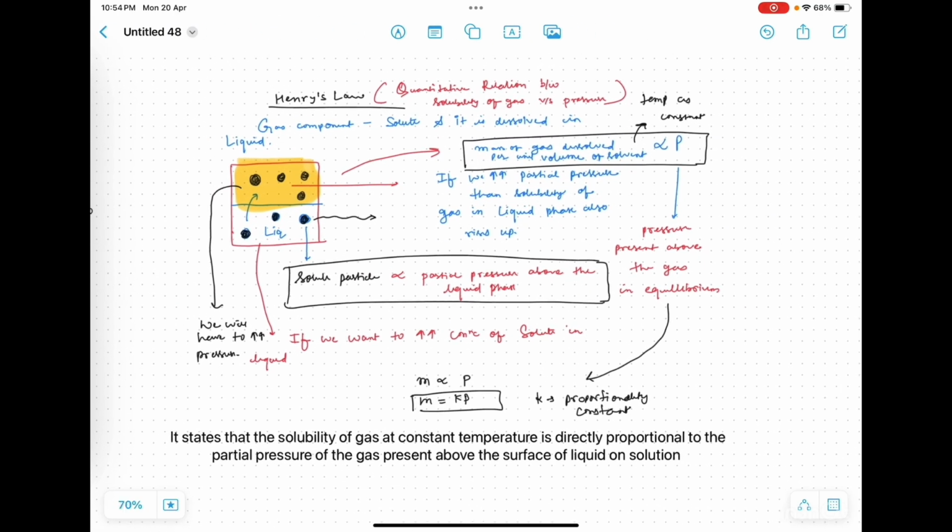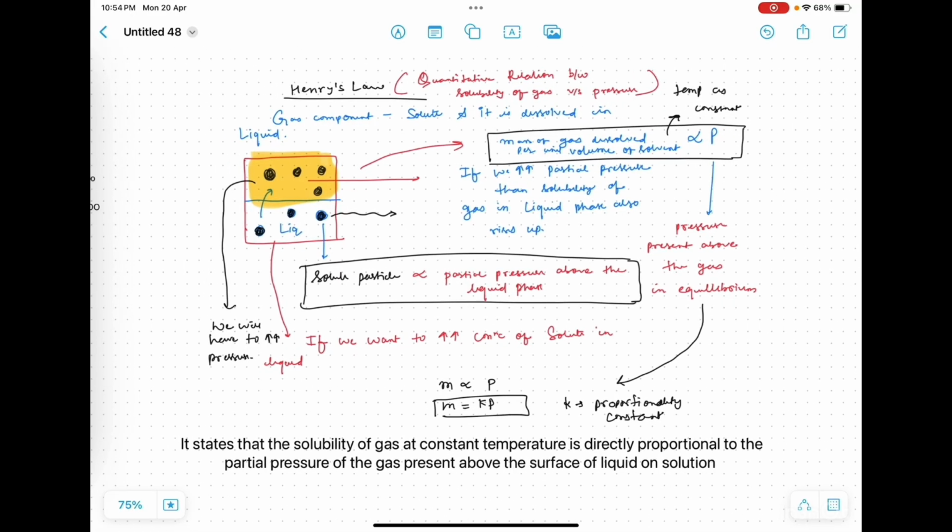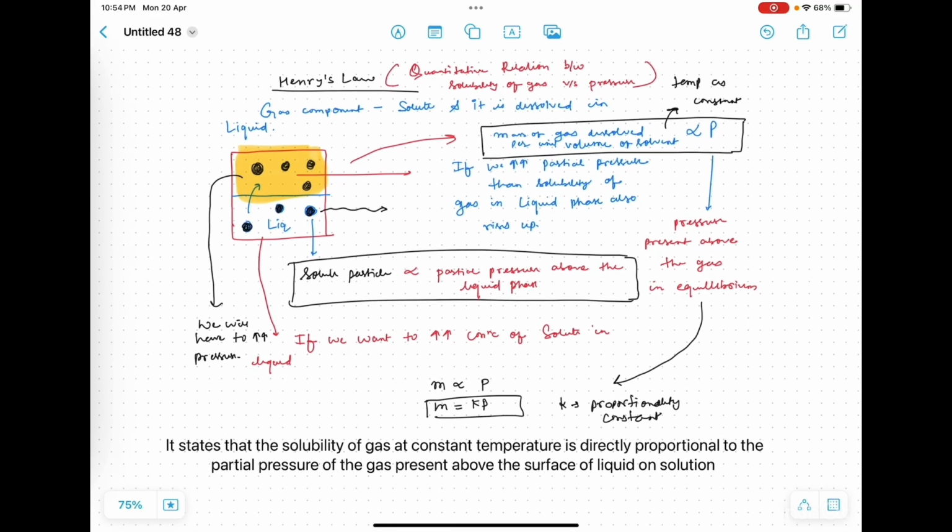So this is our topic of today, Henry's law. If you have any doubt, then we will be solving all the related queries